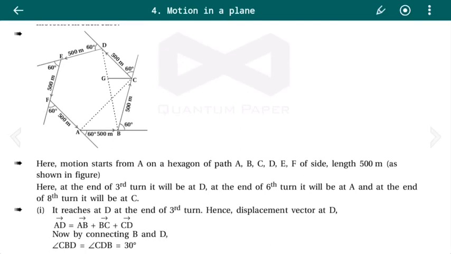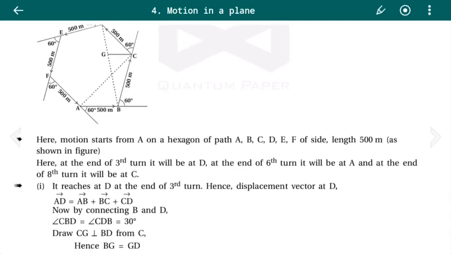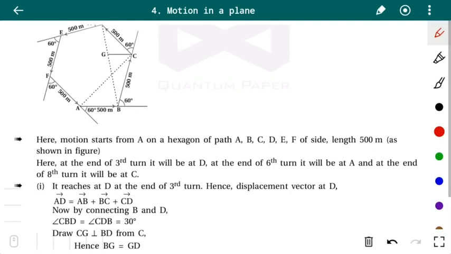Here motion starts from A on a hexagon of path A, B, C, D, E, F of side length 500 meters. Here at the end of the third turn it will be at D. At the end of the sixth turn it will be at A, and at the end of the eighth turn it will be at C. Here you can see, here it starts the motion, turns left,